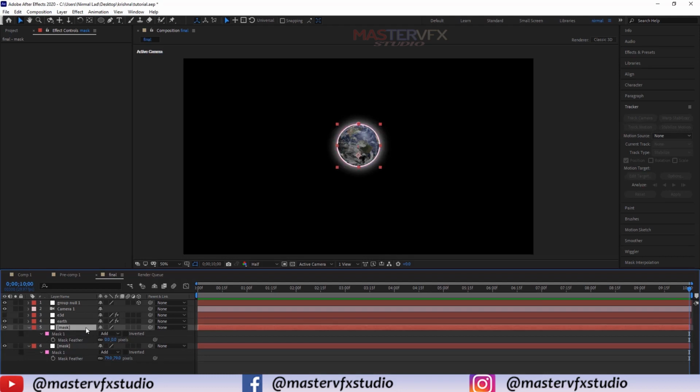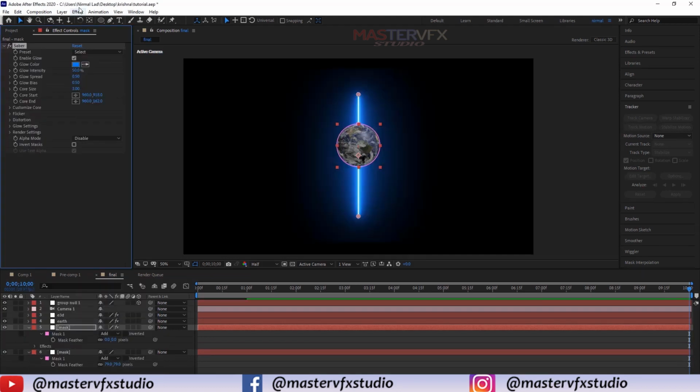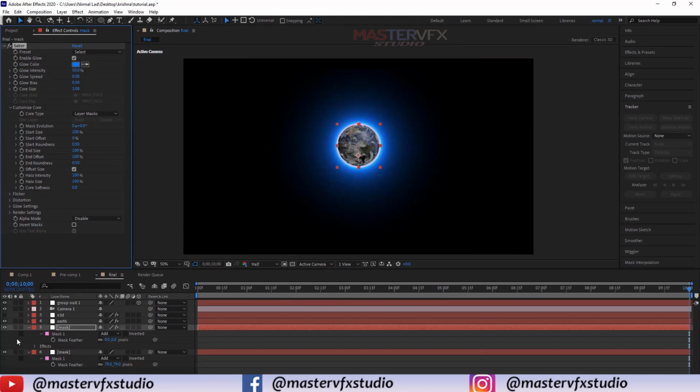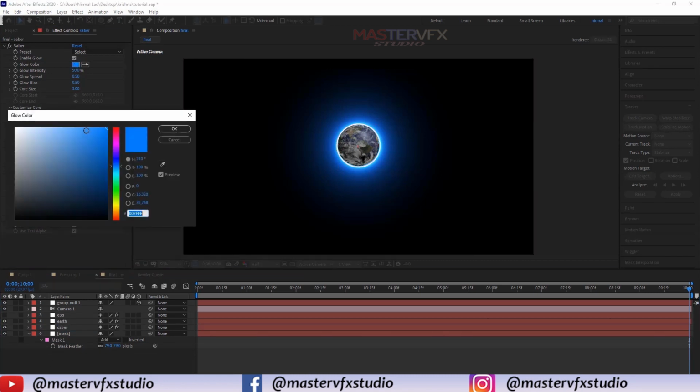Here I'll use the Saber plugin, so just apply Saber, and in custom core change it to layer mask. Rename it to saber, and for the color I use this color.